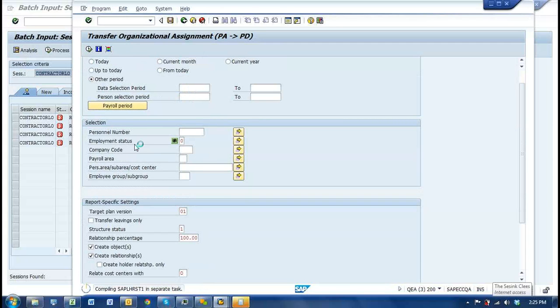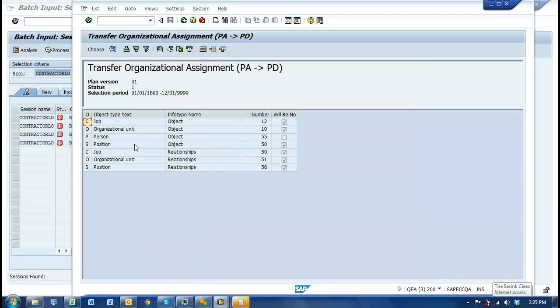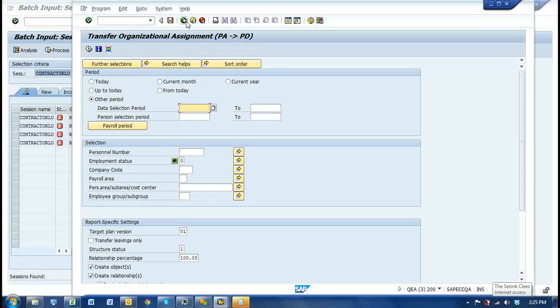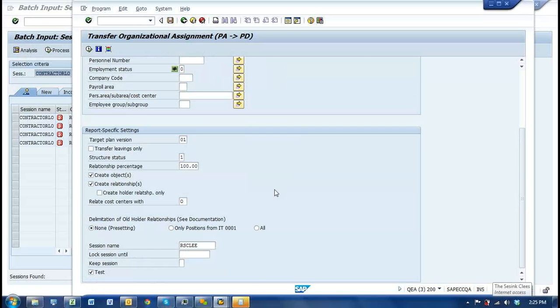It takes everything that is in info type 1 for all these individuals and transfers all that information over to the PD information with all the relationships that belong. And what it's telling us here is how many objects are impacted by that program. Now what it does is it creates another background session that has to be executed. So when we run this,